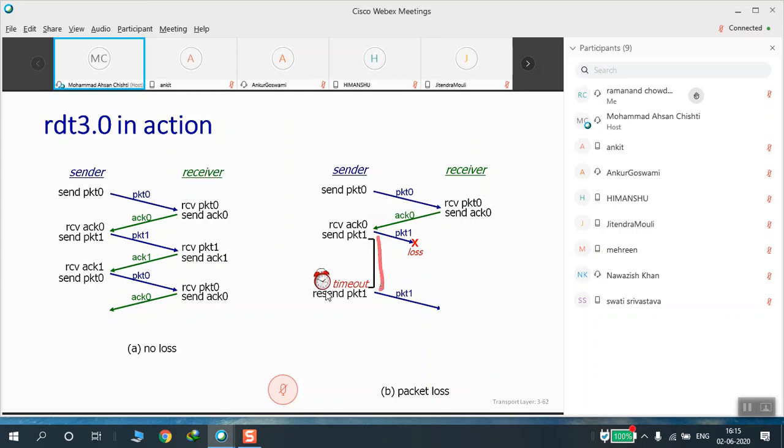After the timeout, it is now sure that it is not getting any acknowledgement back. So it prepares this packet once again. The packet that was sent is within the buffer. It sends it again, and this time it was received. The receiver sends the acknowledgement back, then the next packet, and so on. This is what happens in case we have a packet loss.